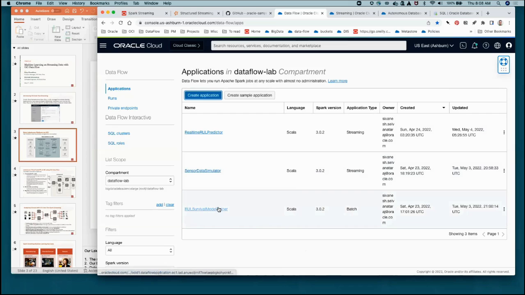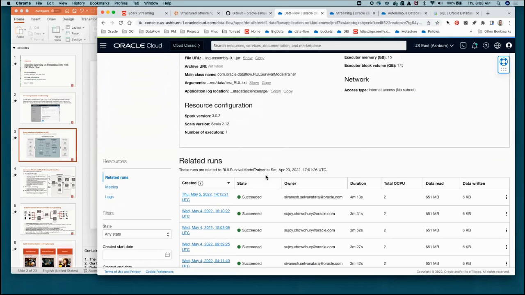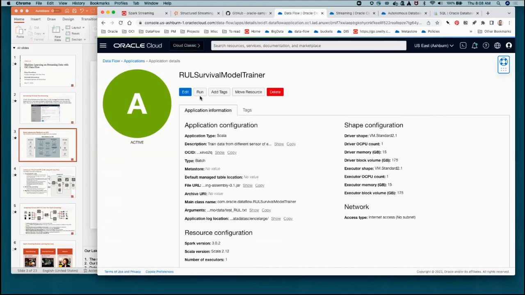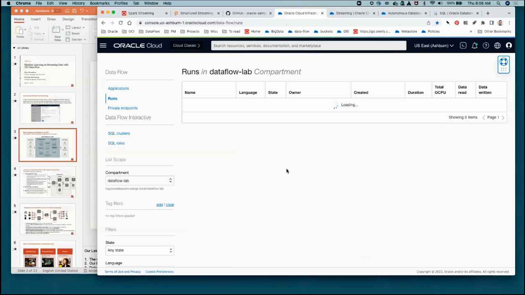One of them I'll be starting now, so that by the time we get there, the run will be completed. This is a trainer application. It will train a machine learning model that we will be using for predicting remaining useful life for equipment in a streaming application. So let me run this. You'll see that it has the name, and it has a driver shape configuration already here. You can provide arguments, and as I click on run,